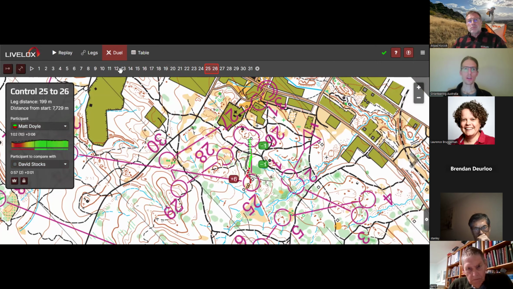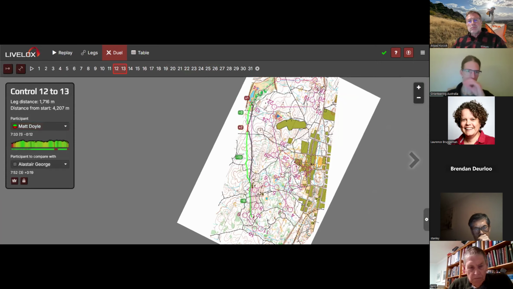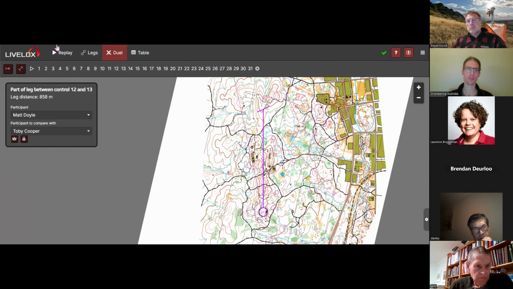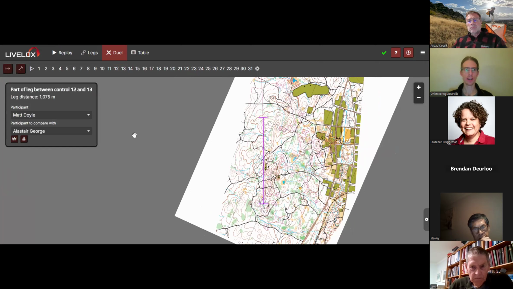One extra thing that you can add to this feature is on the very far top left side, it says custom leg. You can click on that button, and with the left click and drag, you can choose how much of the leg you want to just look at, and it breaks up.